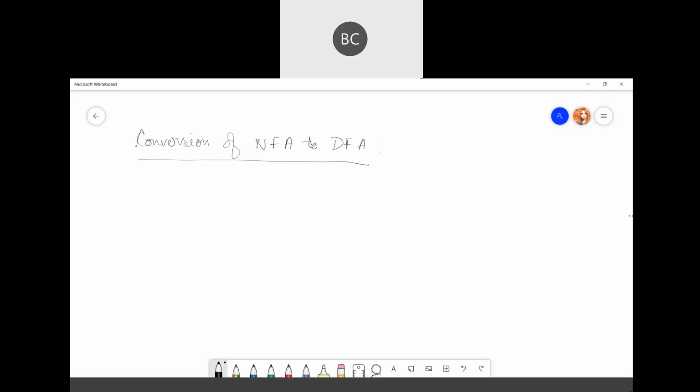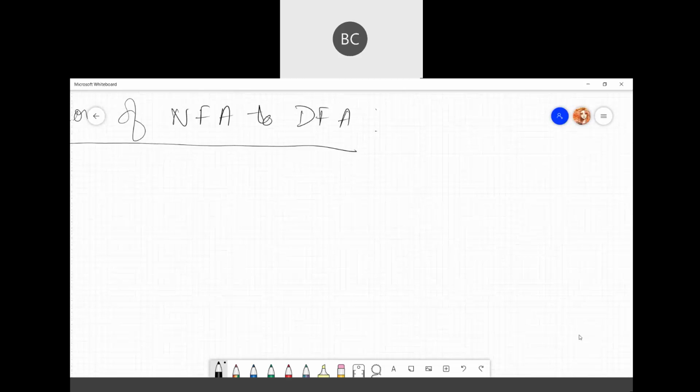So to convert NFA to DFA, we have certain steps, but I will tell you just the easiest method. In many different places, you will see different methods. There can be many different algorithms. I'll just show you the easiest one. So what you can do is,